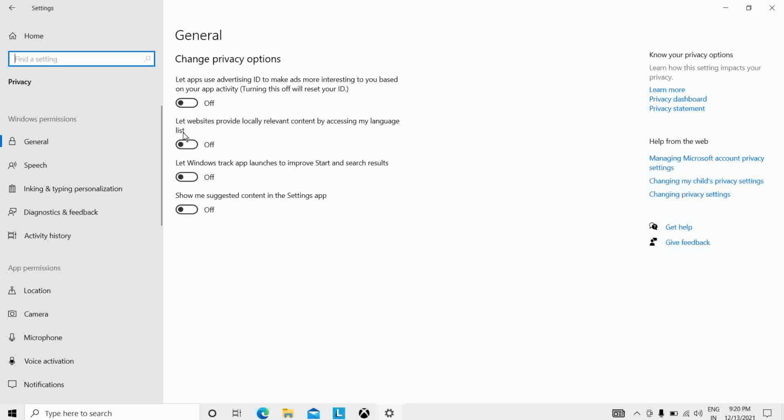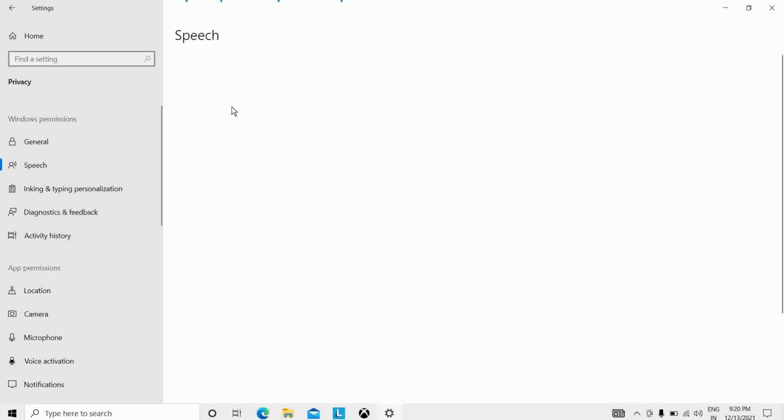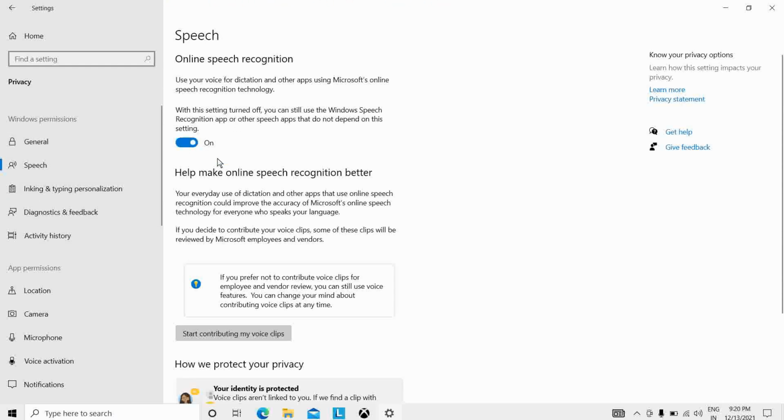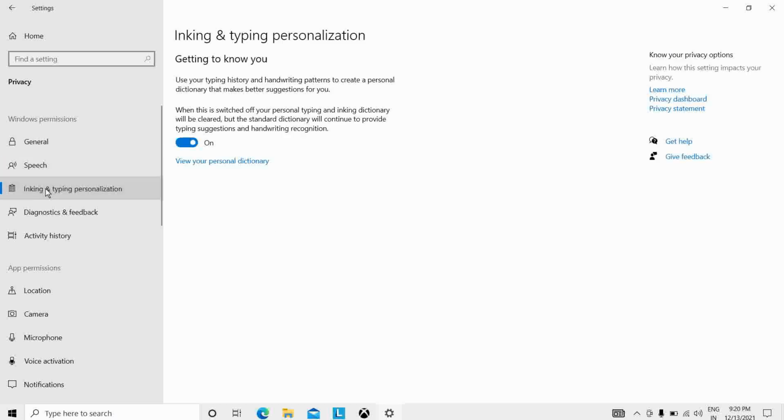I have already disabled these. Change privacy settings, show me suggested content settings, apps, and so on. All is disabled. Then go to speech, you can disable these. Then inking and typing personalization, disable these.